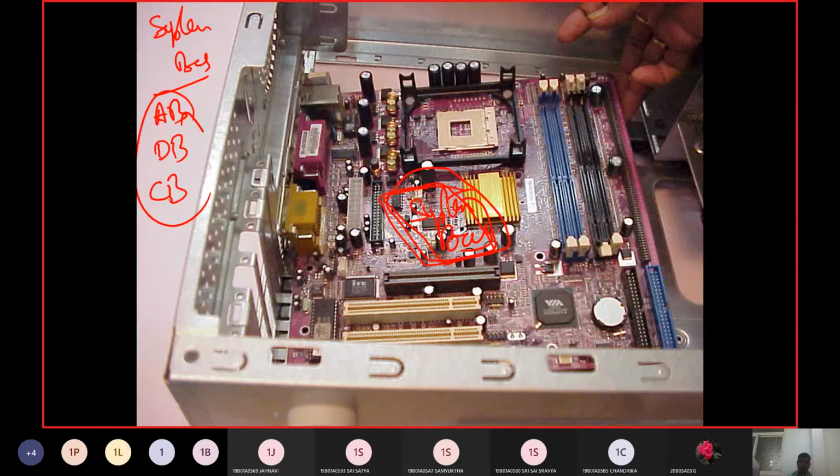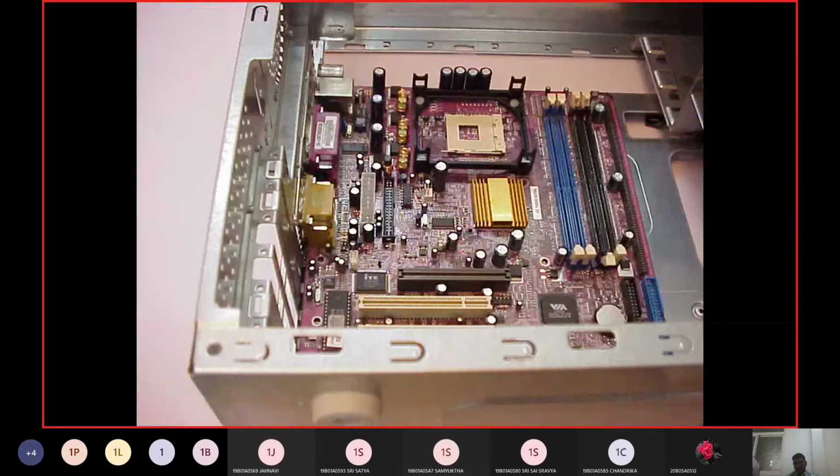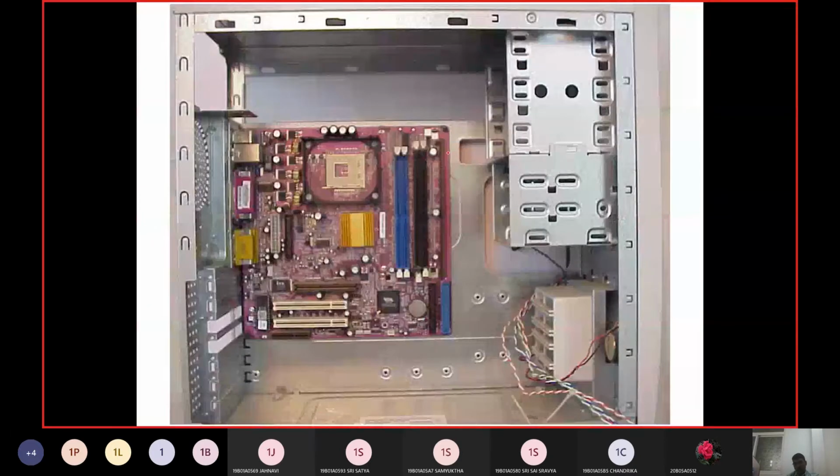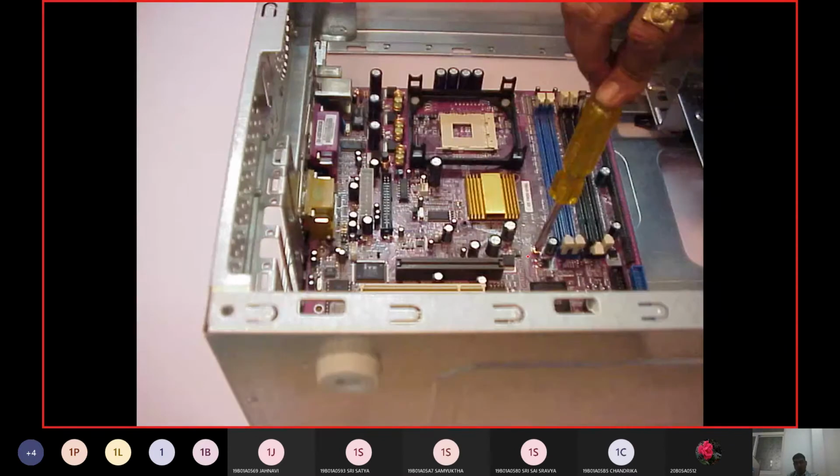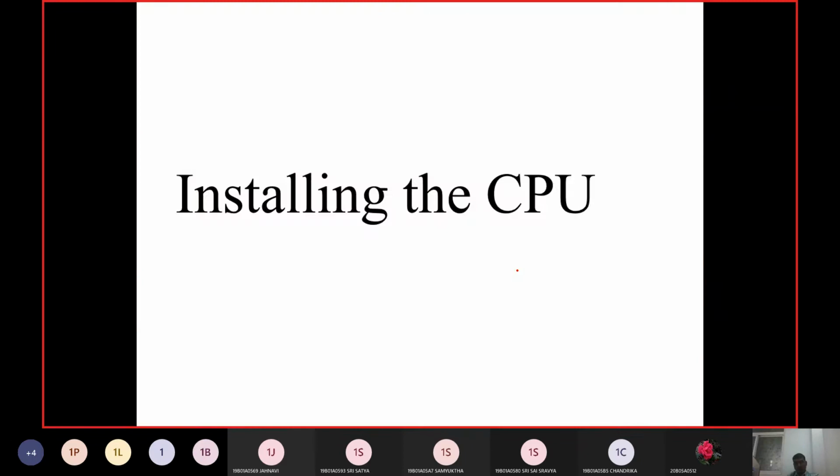This is the circuitry where it integrates with the CPU, with memory, and with the IO ports. For all that, we need the system bus, which has the address bus, data bus, and control bus. All these are handled at this motherboard. So the first and foremost thing, when you want to install your desktop computer, is to have a motherboard here, and after that you fix it with the screws.